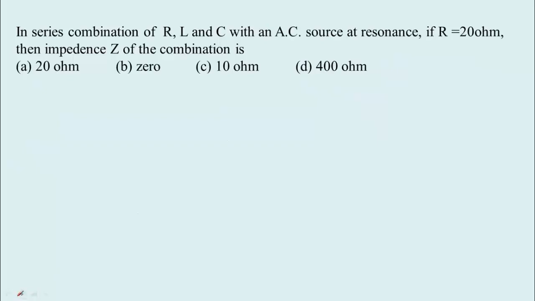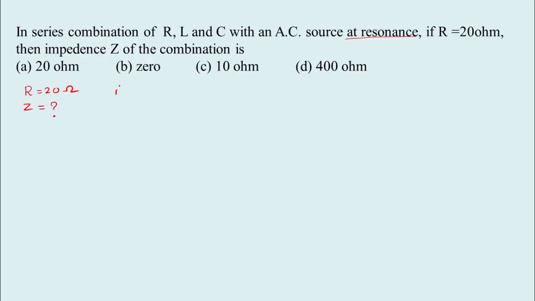Now the question is, in series combination of R, L and C, that is series LCR circuit, with an AC source at resonance, if R equal to 20 ohm, then impedance of the combination is. So here the important thing is at resonance. At resonance, we know that XL and XC are equal. See here, resistance value is given 20 ohm. So we have to calculate